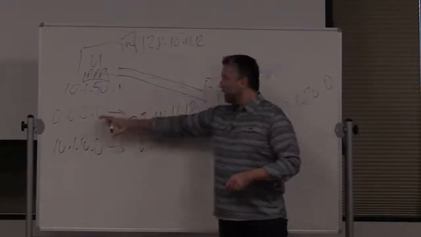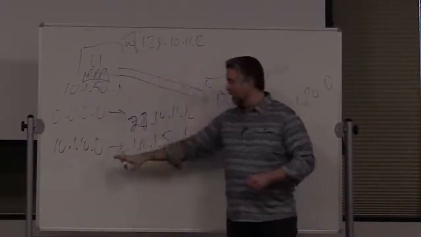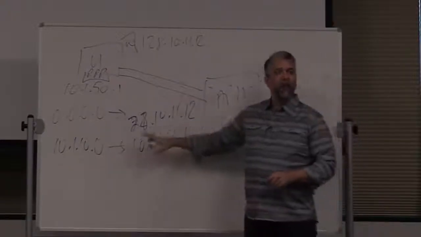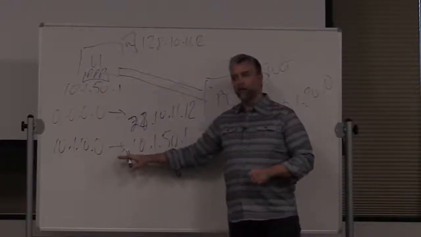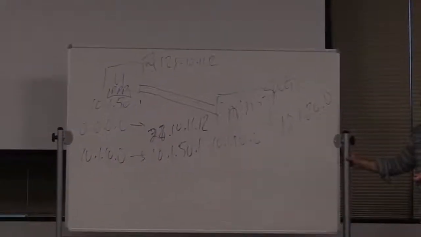So now everything still goes out their wireless adapter like normal. Unless they're going to something in this range, they'll go through the PPP adapter, and then there'll be another entry for 10.1.20.0 going the same way. So that's sort of what the difference of those two are, and we can configure that